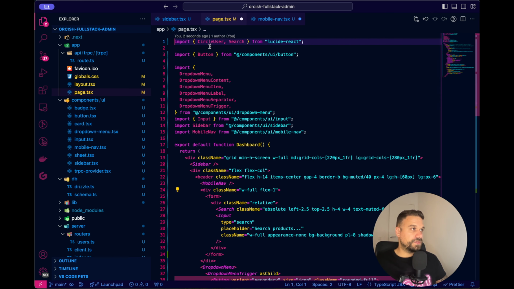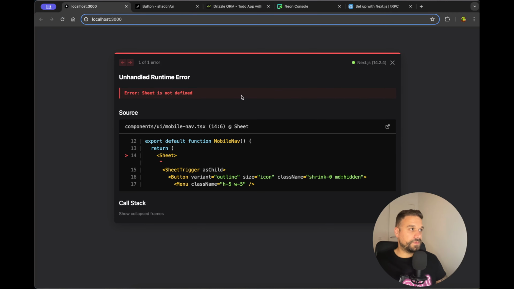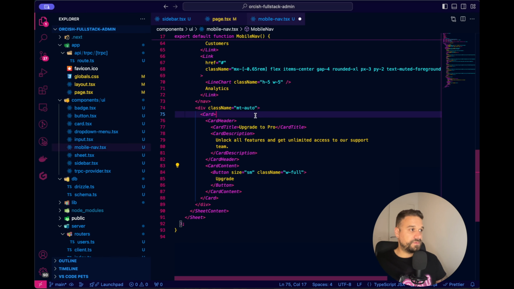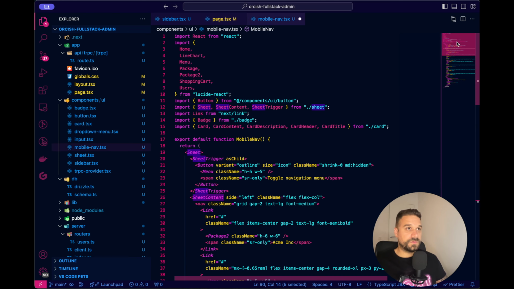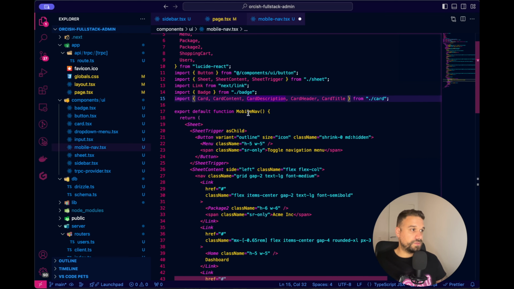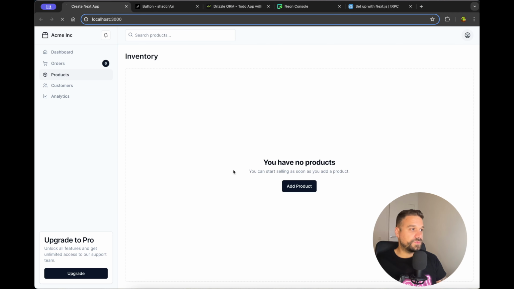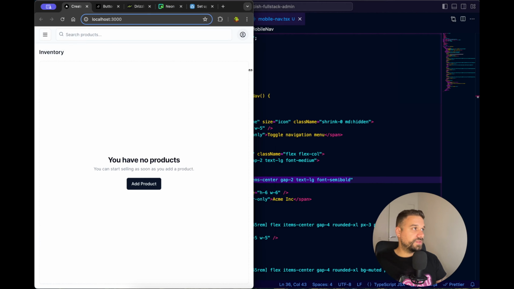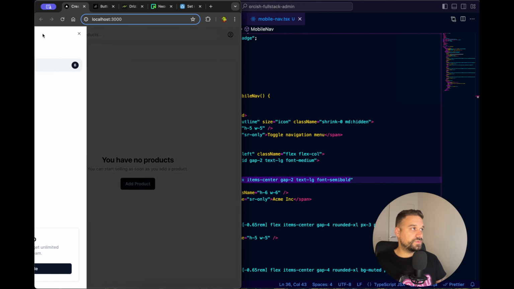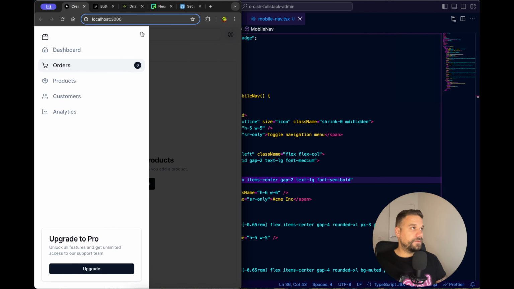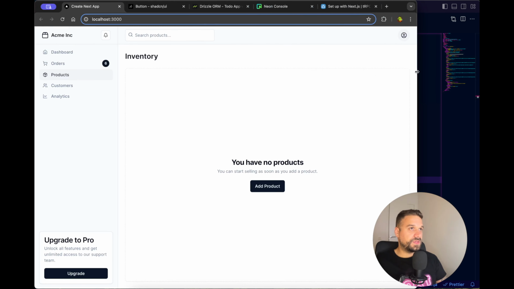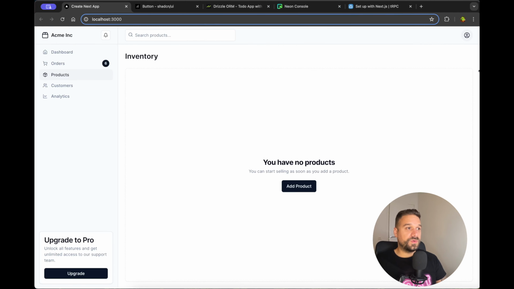Okay, link is not used here also. And now we can check, sheet is not defined. That's in mobile nav. Sheet. How are we not getting it here? Maybe I didn't save. Here it is. So now if I put it like this, we're getting the button. So this is our mobile nav, which we separated, and we can now even put everything inside of our layout